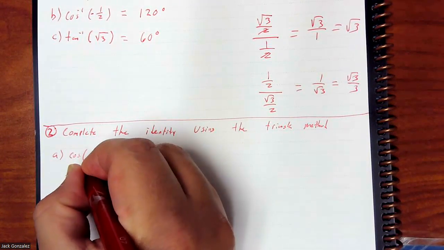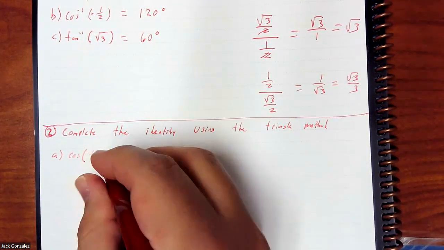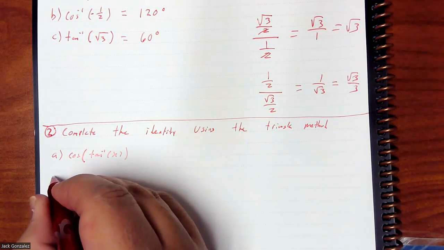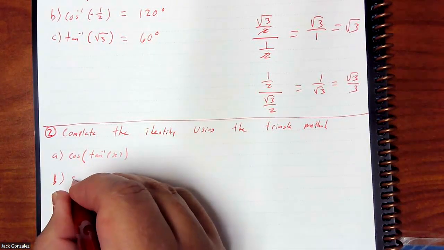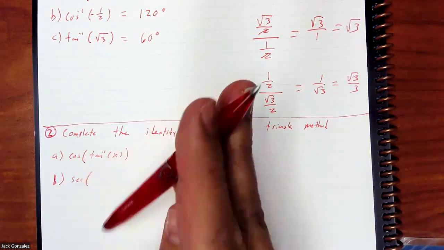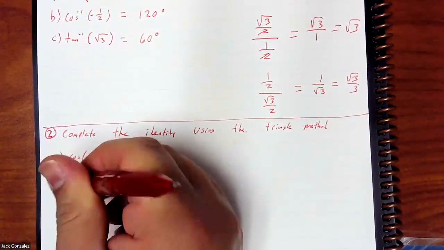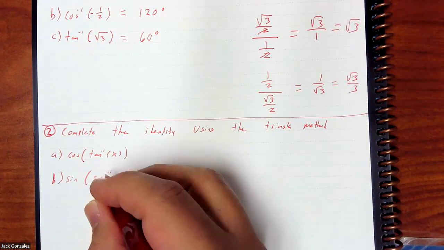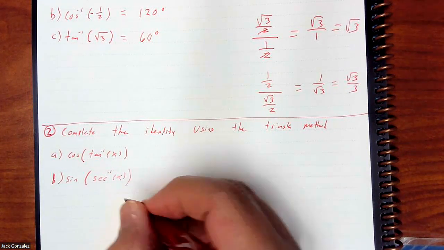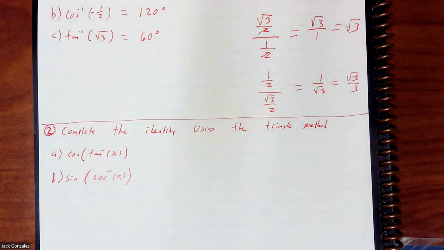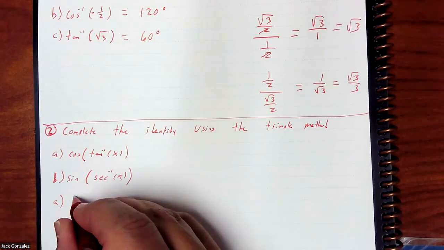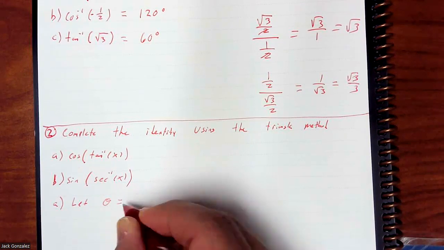Cosine of tan inverse of x. Okay, for B will be sine of secant of x. Do we do this? Well, no, probably not. Be two separate questions. So for part A, remember we said step 1 is let theta equal to that inverse